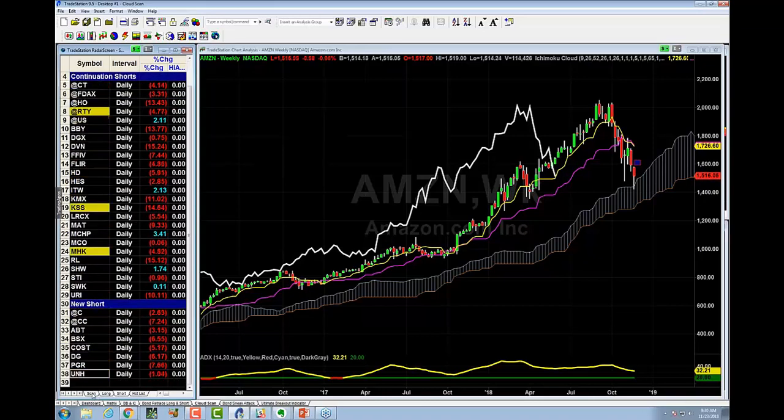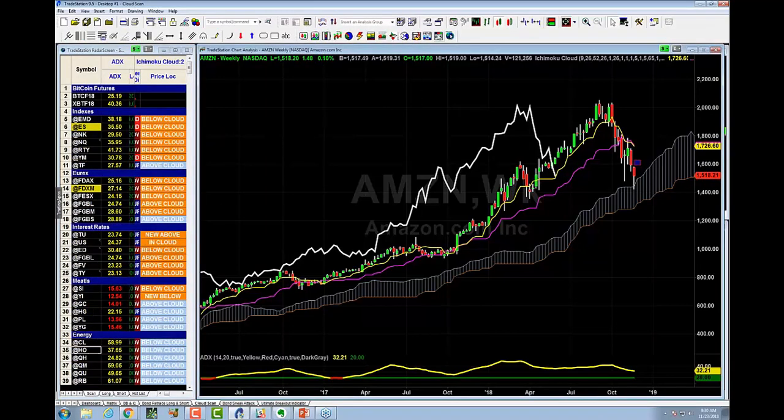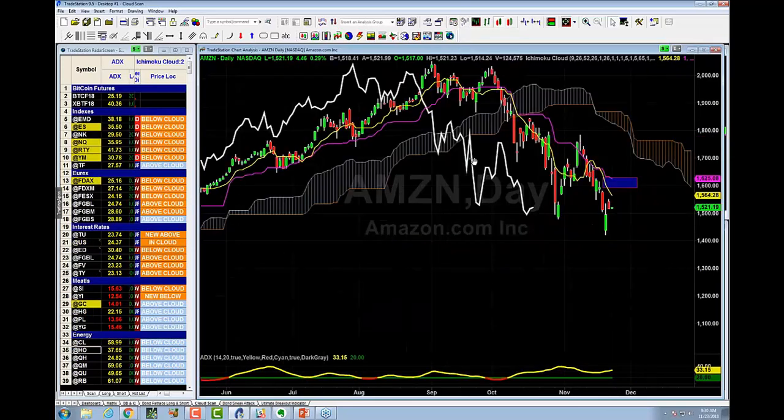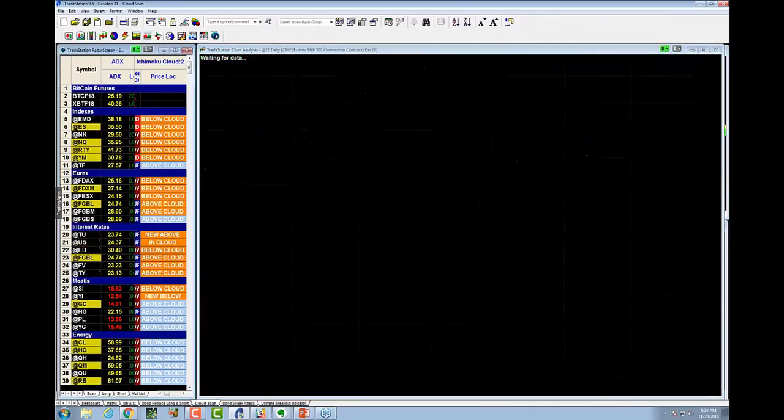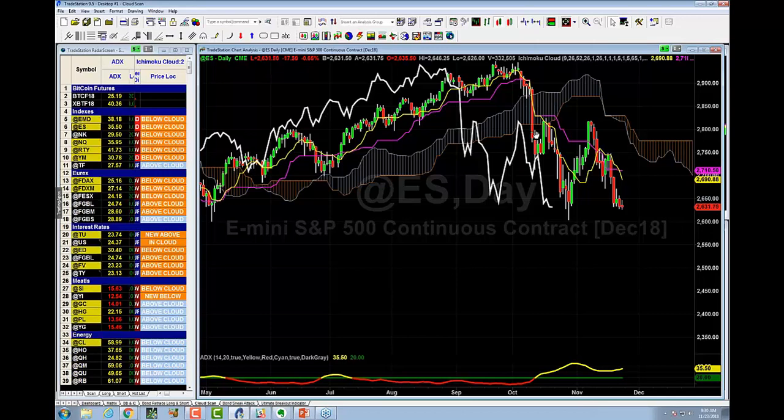So what I do every day is I come in here and I go like this right here. We're going to use a daily chart for this example. What I first do is I come in here and I go, all right, let's take a look at the index futures. In this case, can you see where the S&P dropped below the cloud right here by 1 bar? That is an aggressive sell signal. This is a medium, and then that's a conservative. So 1, 2, 3 bars. I'm going to put that line up there so you can see it. Everybody see that on that third bar right there? That's a short signal. Well, you could have shorted it on the first, second, or third. I tend to like to go on either the first or the third, is my particular setup.